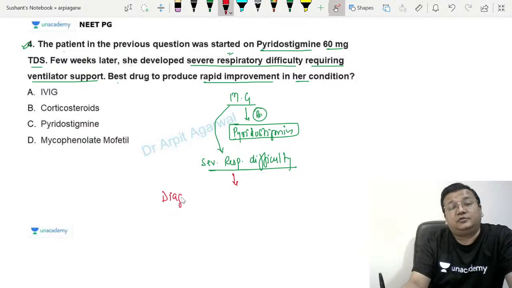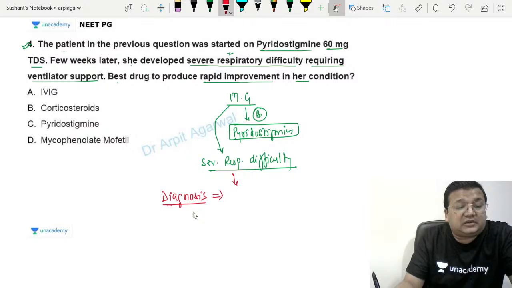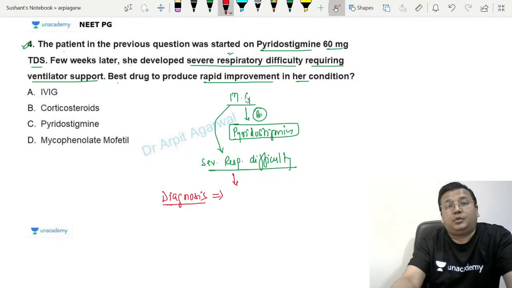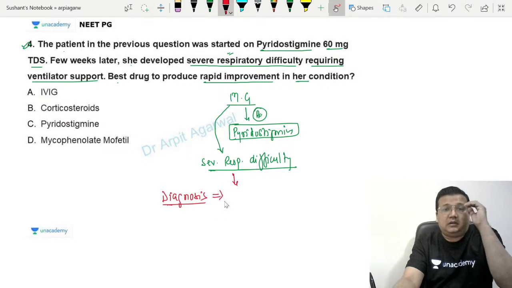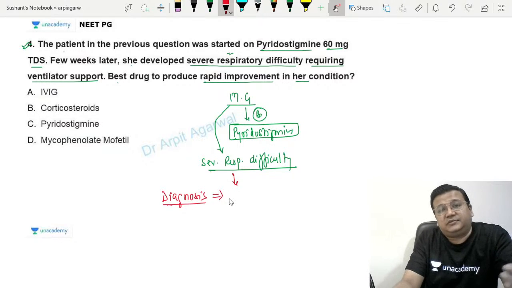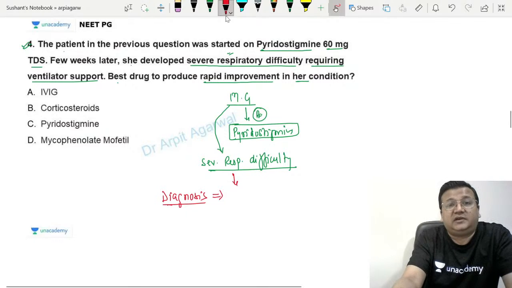First thing, based on this clinical scenario, what is your diagnosis? What has this patient developed from the treatment? Let me know. Kaushik, Maitri, Simran, SNSN, Reena, Parag. Don't jump to the answer. This time treatment has been asked, next time diagnosis may be asked. So you have to first tell me what this patient has developed and what we are trying to treat.